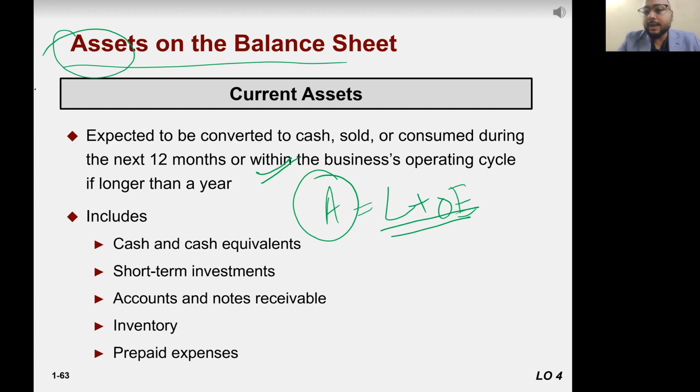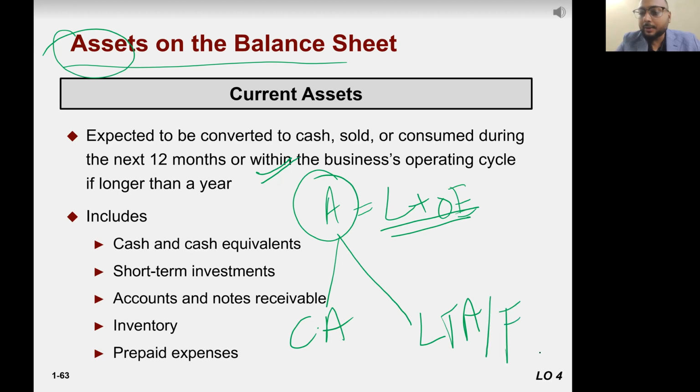So in accounting, we categorize assets into 2 categories. Number 1, current assets, and number 2, long-term assets or fixed assets. Right? So if we change the color here. So what is the definition of current assets? Whose life is